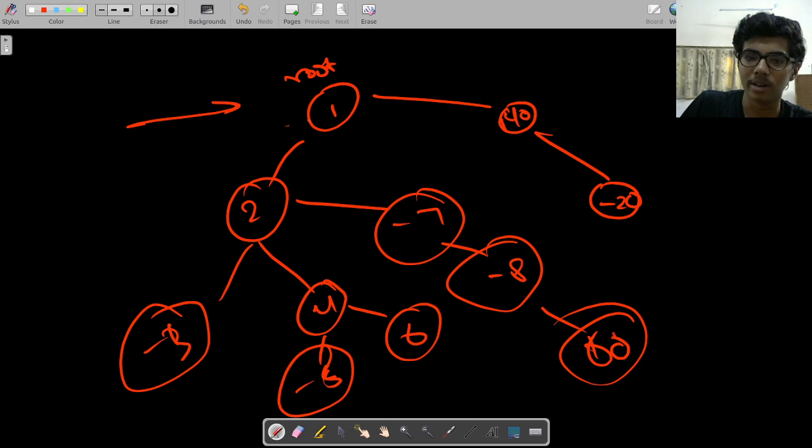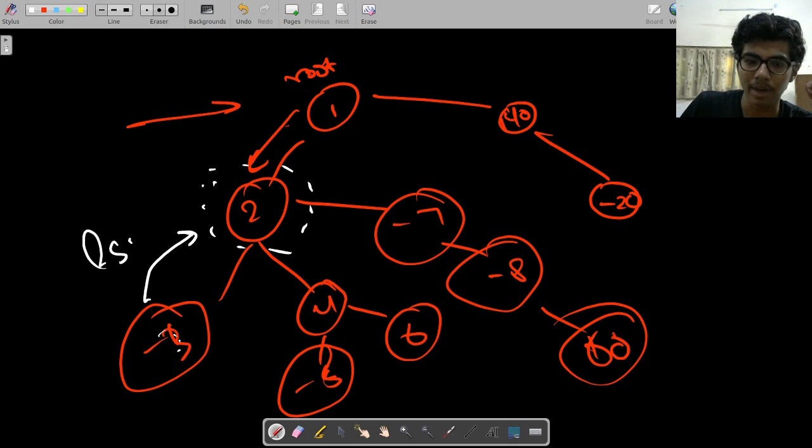Okay, so I will search for the answer for the left subtree. So when I go for left subtree, I will be getting my answer for this. Then I will again go for its left subtree, but it sees that it is a leaf node, so it will return its value. So the left subtree here will return minus 3. This means left subtree has a value of minus 3, and then it will go to its right subtree and find the answer for this.